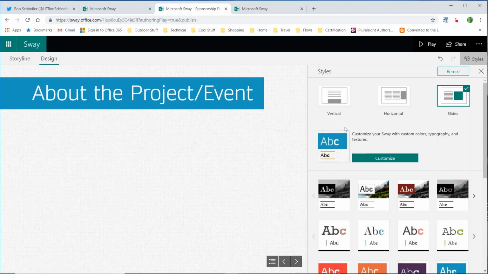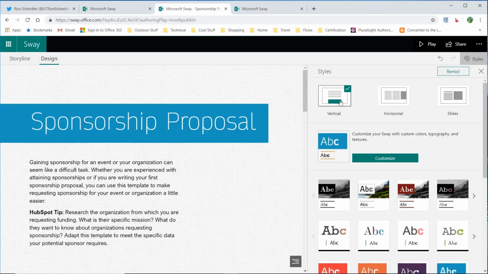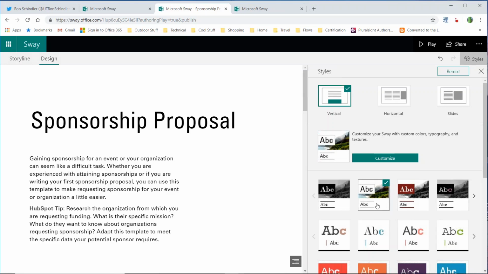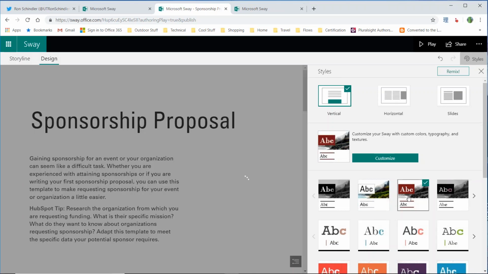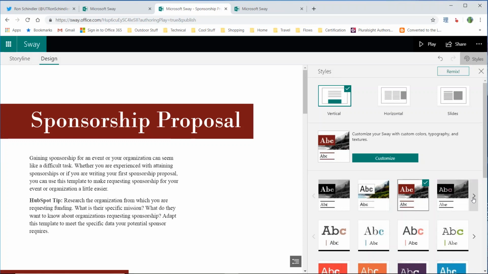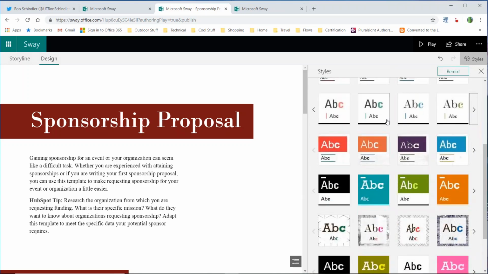So it depends on how you want to view it. Let's go back to vertical for a second, because that'll show us everything on the screen. Right now, it's showing me that this is my current design, my theme, you might say. And I can pick from other themes down below. You can see that there's different variations, and if I click on them, it's going to show me what that's going to look like. I can keep scrolling over to see different kinds of those themes over here,